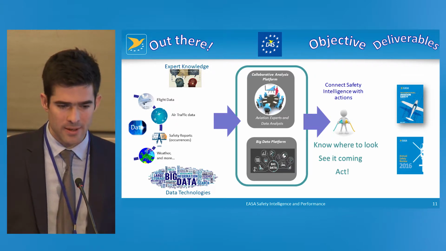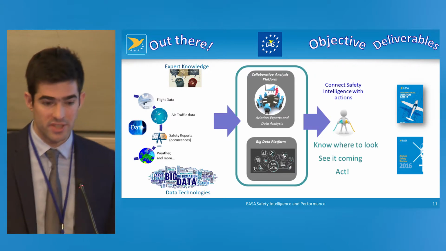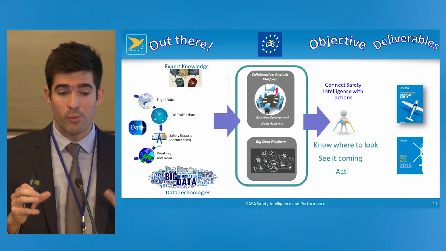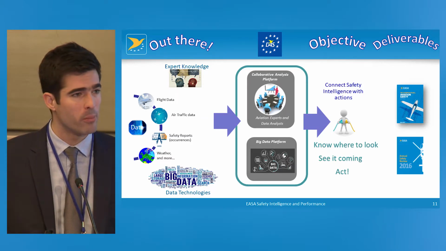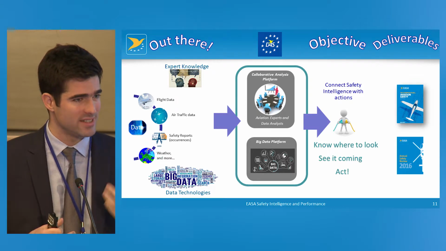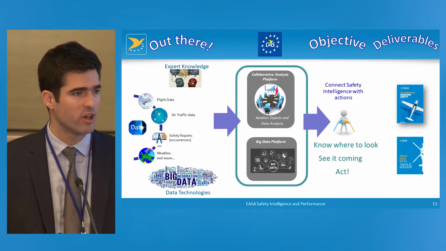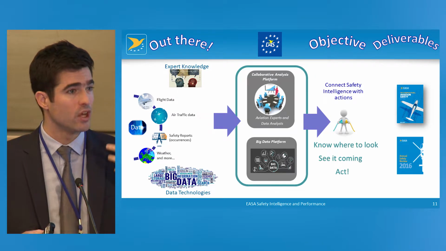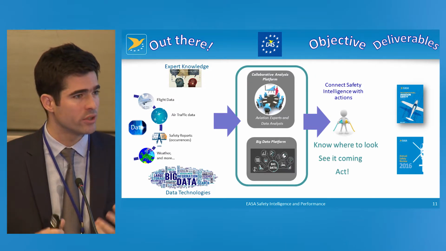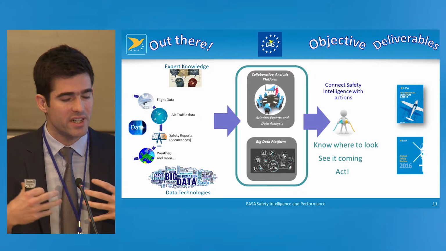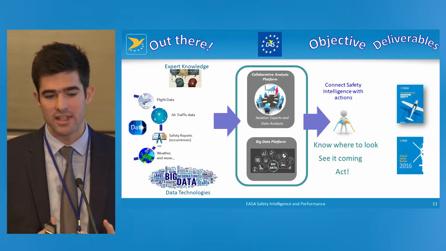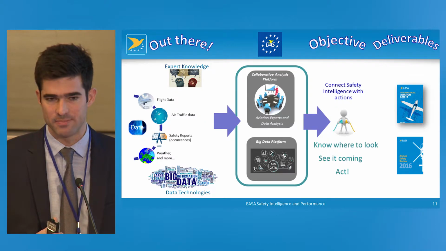So how do we organize the Data for Safety program? Operationally, this is mainly 2 platforms. The first one on the bottom part is the big data platform. So this is about IT. This is the third-party organization in charge of collecting the data from the data owners, processing this data, making it ready for analysis, and providing the power of big data technologies to the other platform, to the analysts.